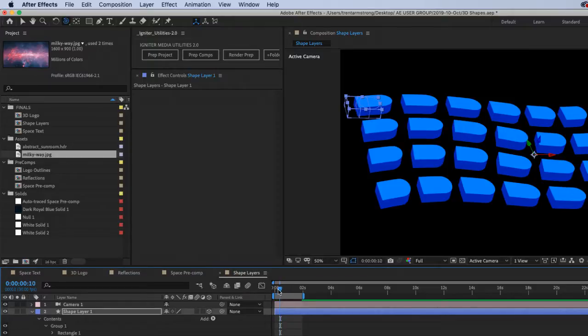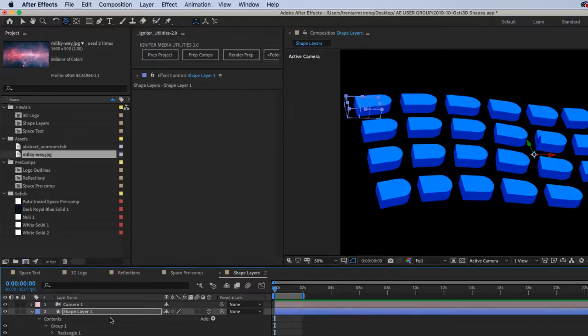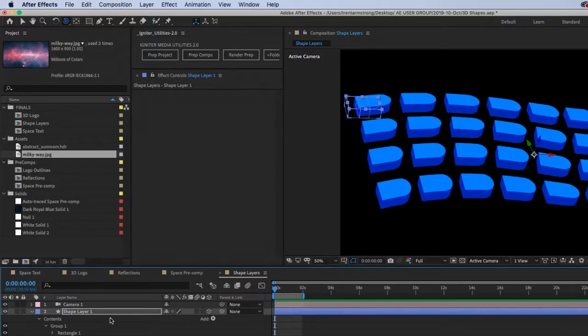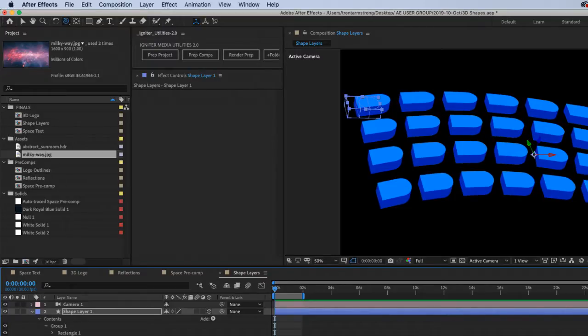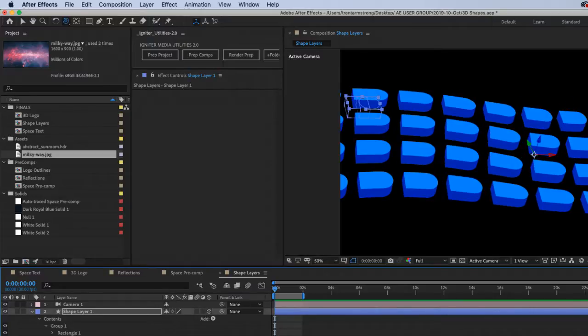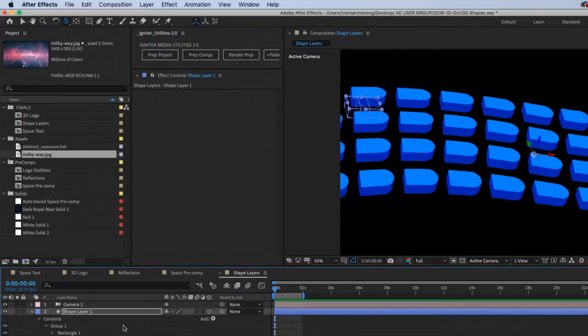I'm not sure I'll be able to do that. At any rate, you can see here that I am, let's do 10, okay, like that. So at any rate, I have a shape layer created,